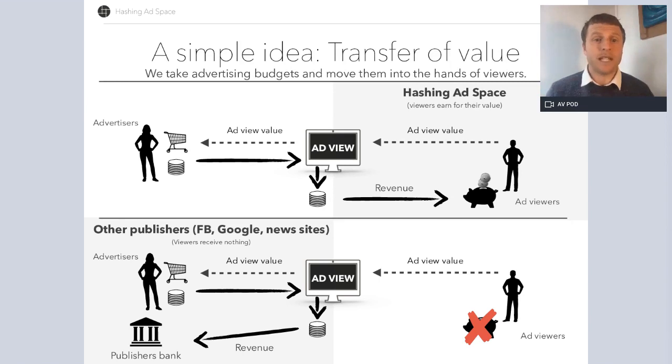Okay, so it's this transfer of value, a very simple idea, but it's a transfer of value that goes from the advertiser to the viewer, either directly, which you'll see in one of our earnings, right? So one of our ad systems means that you can see how much you're going to earn and then you earn it. So it's very direct. The advertiser spends money, you earn money for watching the ad. Or indirectly, via our ad minting. So what I mean by that is that our ad minters